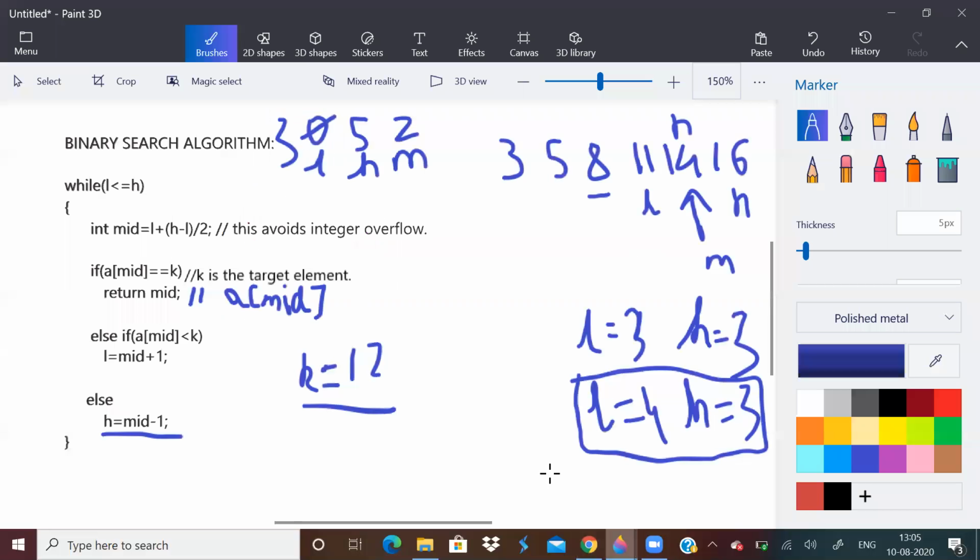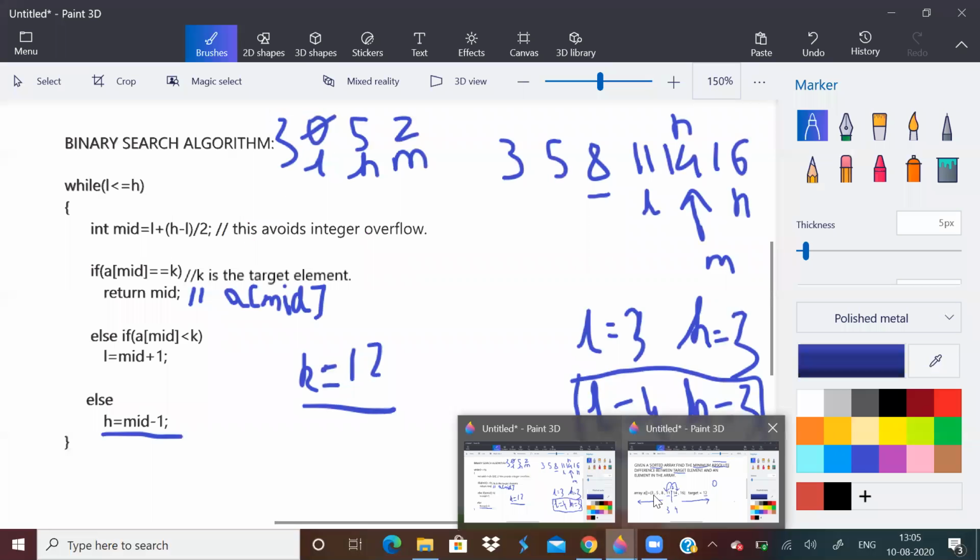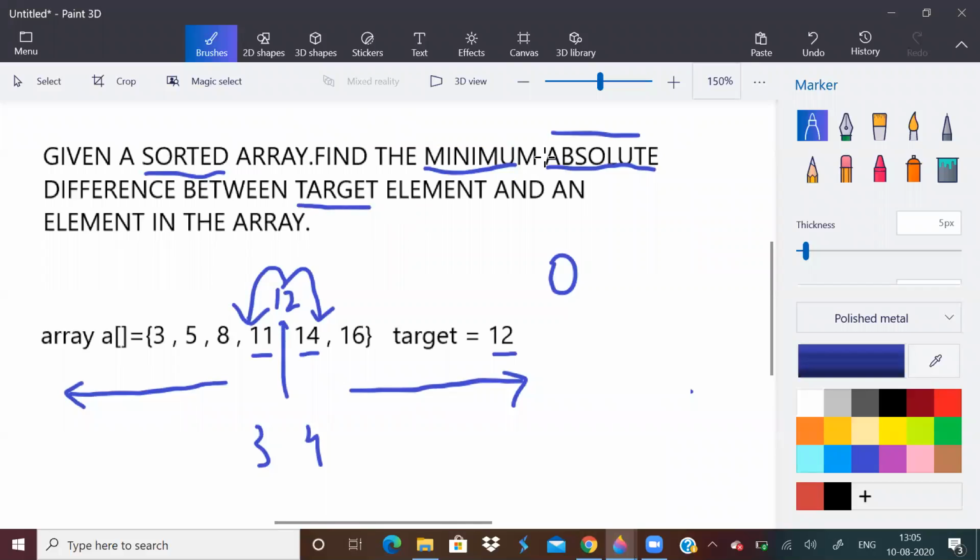Basically, I summarize. Here in this problem, we only care about the neighboring elements of the target element. If the target element was inserted in the sorted array, whichever position it would be inserted, the minimum difference with the array elements would only occur with the neighboring elements of the target.